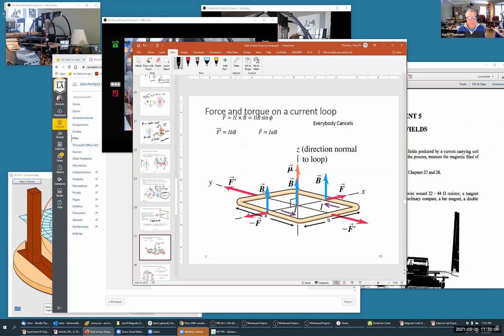Individually, I can take the force on a wire, and notice that phi is what we're calling the angle between mu and B, theta. Theta equals 0. So one by one, if I look at F prime, for example, we see that the current in F prime